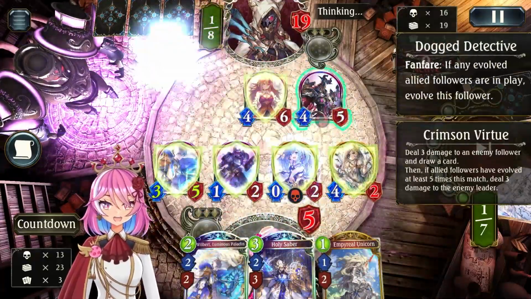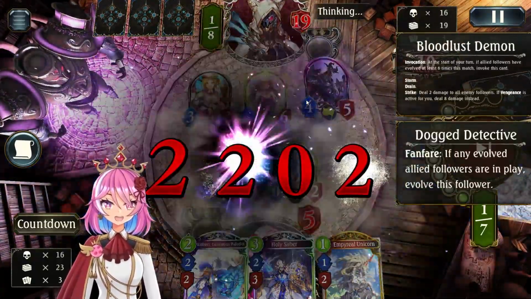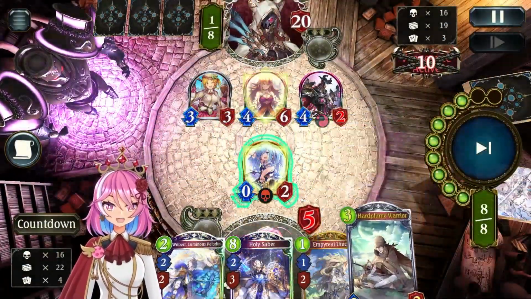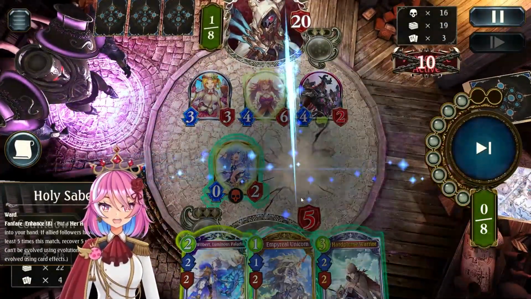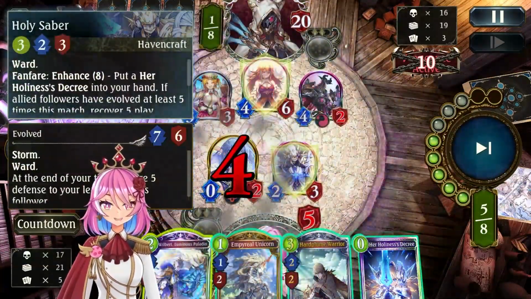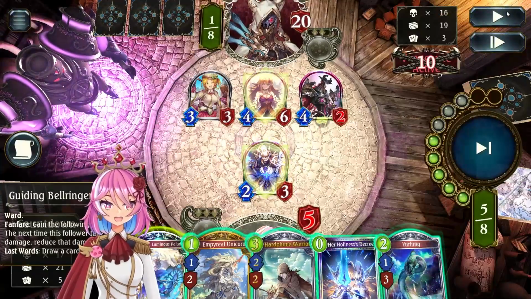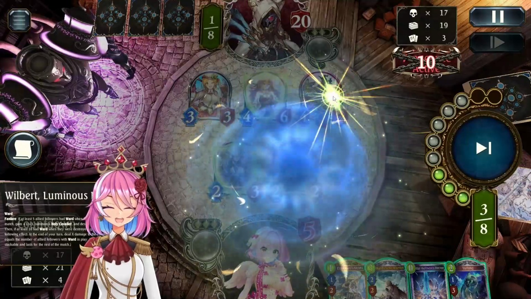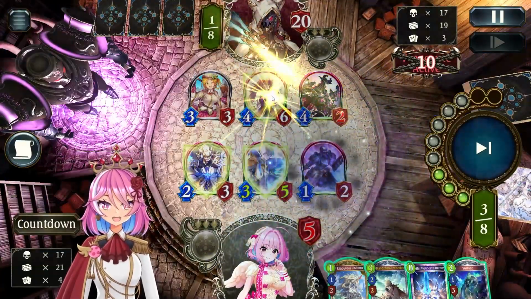They do go face though, which is quite worrying. But yeah, this way they go back to full health, but we can play Holy Saber now. And because we have 5 Evos, Holy Saber now allows us to effectively play 2 more followers. I choose to play Wilbert here first, and I remove this one because I'm planning to trade into this, because